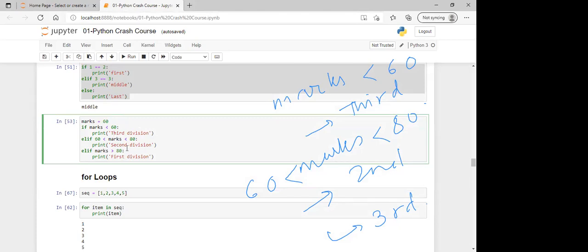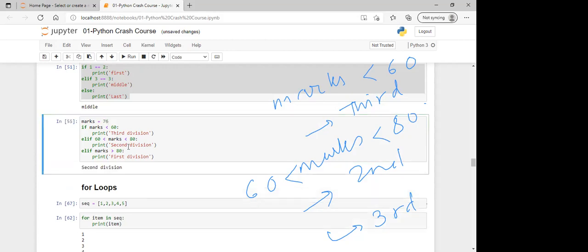What I have done, run this. So now you will not get any output, because your marks are 60, but there is no case which handles 60. You put 76, it will run, second division. Put 86.